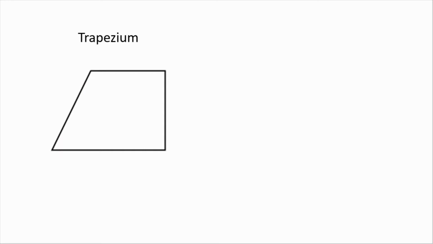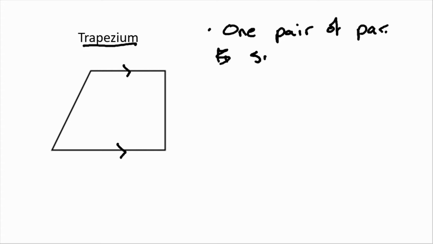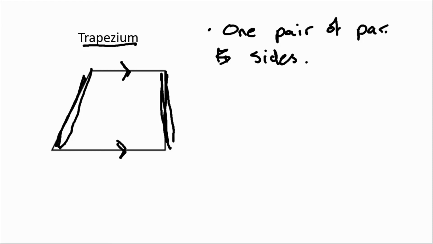Now, the final quadrilateral we're going to be talking about is a trapezium. Now, with a trapezium, the one kind of big property is that it has one pair of parallel lines, or sides, I should say. So in this example, the top and the bottom are our parallel sides. But unlike the parallelogram, this side here is not parallel to this side here. So we don't get any of the other properties that the parallelogram